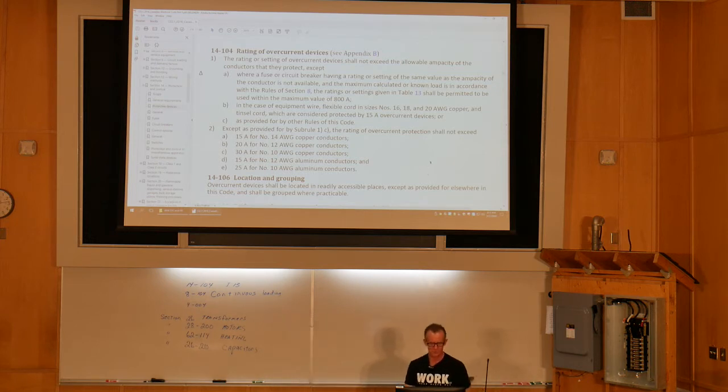Subrule 1, very restrictive. If you had to apply subrule 1 every time, it'd be pretty tough. It says, the rating or setting of overcurrent devices shall not exceed the allowable ampacity of the conductors they protect, except. Well, we already know, we looked at 14-100 tap conductors. There was an exception, and in this rule, we have other exceptions. It says,